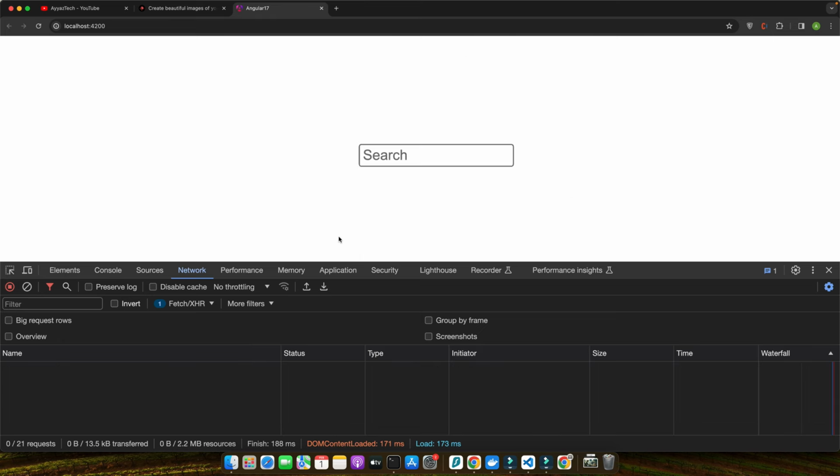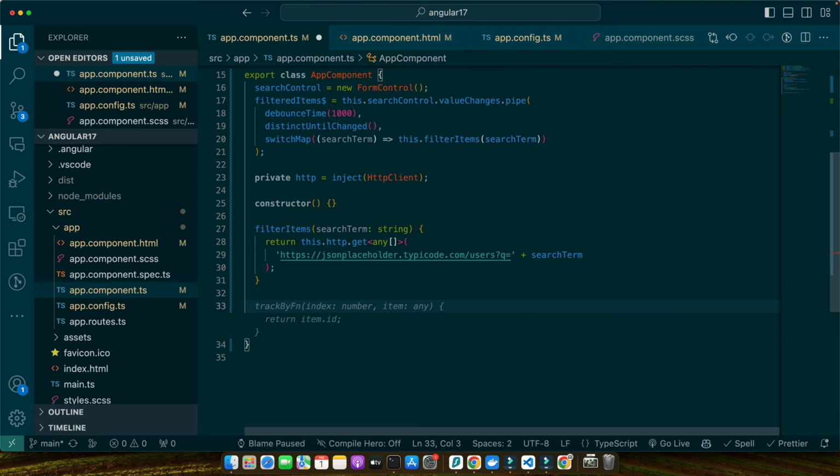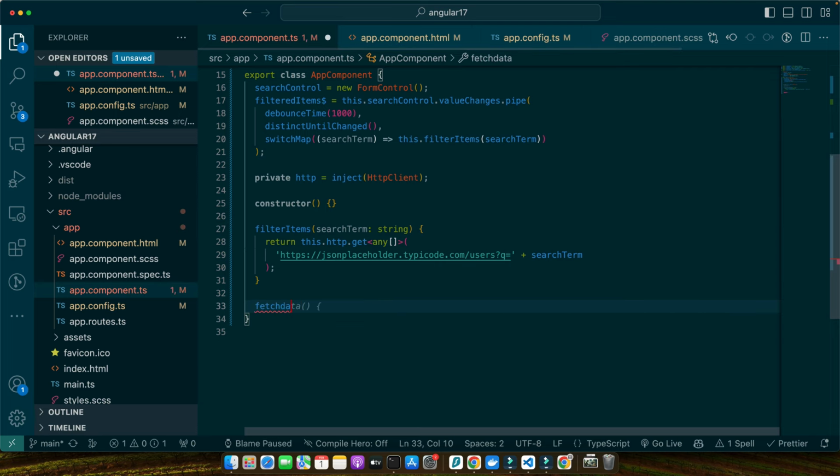Fetching data from an API is not always smooth sailing. Handling errors gracefully is essential for a robust Angular application. Let's add error handling to our data fetching method using the RxJS catchError operator, so we can intercept errors and provide feedback to the users. So let's say you have a function fetch data like before,